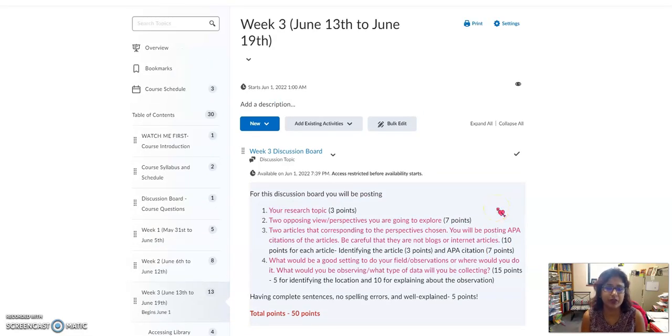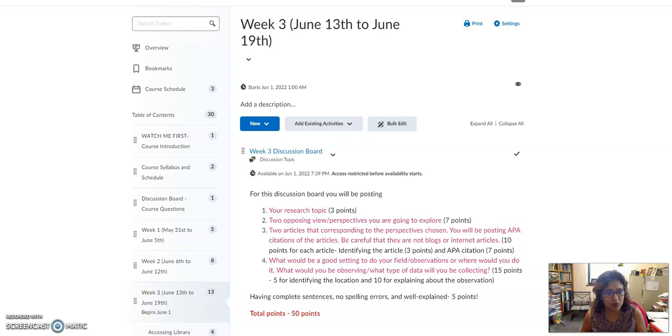I am really very excited about this week because this is the week that you are going to actually read articles and research about one of your diversity topics. That is your choice. So this is very exciting, and we are almost halfway through the semester also, right? So let's look at things that are due this week.